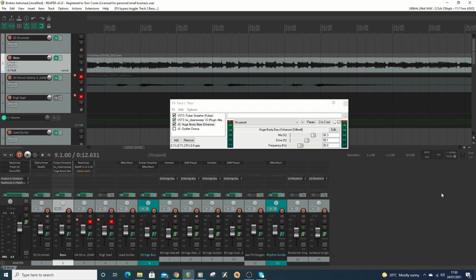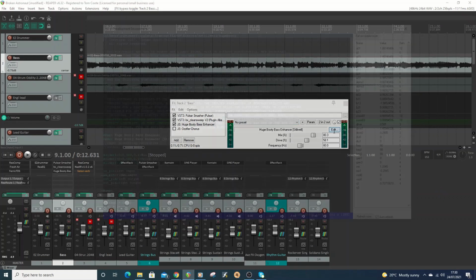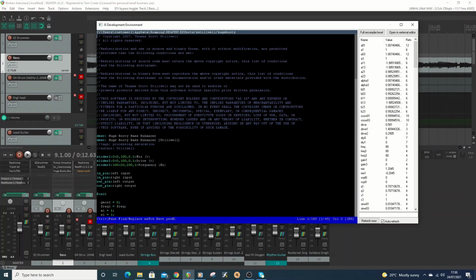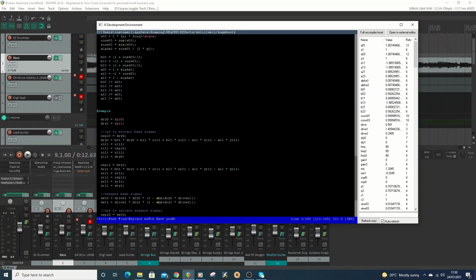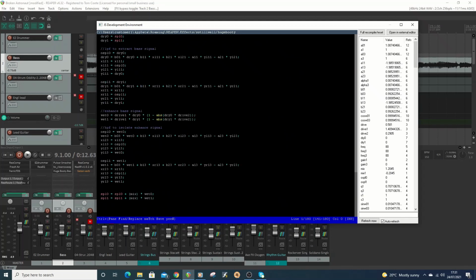If you're interested in seeing what it's actually doing, what you can actually do is click on Edit, and you can see the code underneath. So it's all just scripted, and by default it will be using EEL or EEL2, which is what Reaper's scripted in, but you can use Lua or you can use Python. And a lot of these plugins, you have a look and there's really not that much code to it at all,